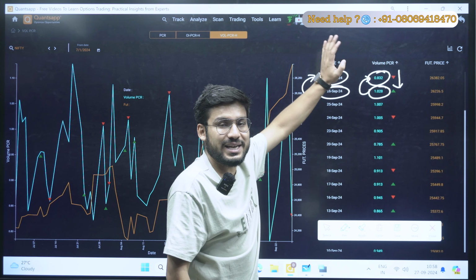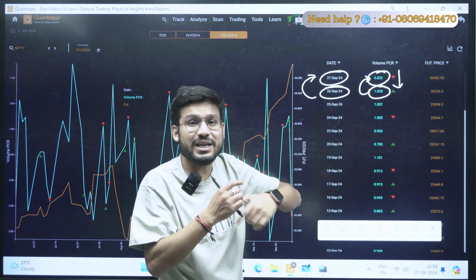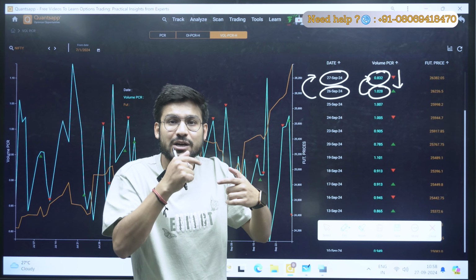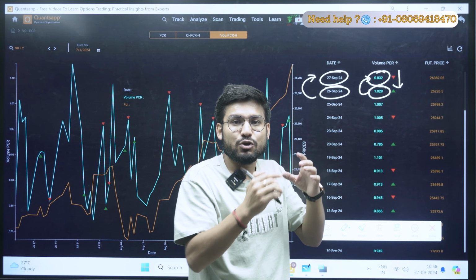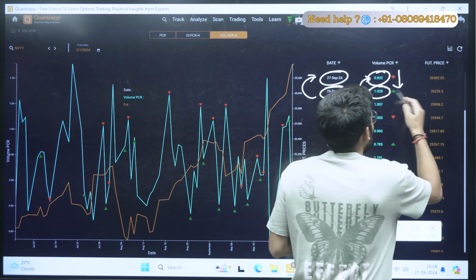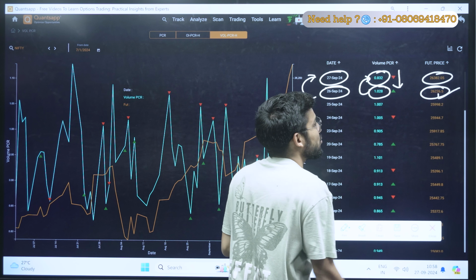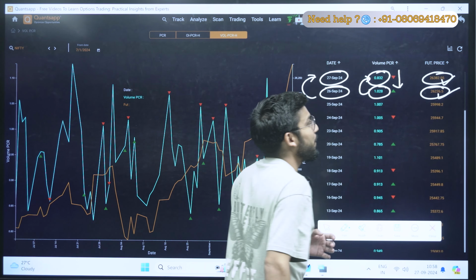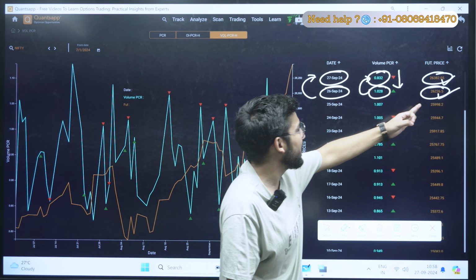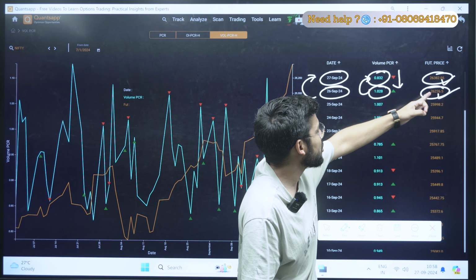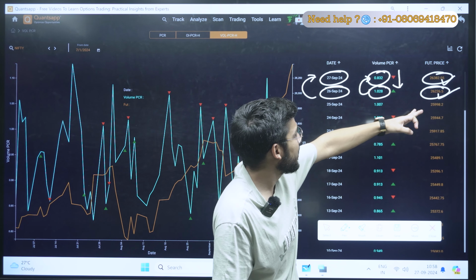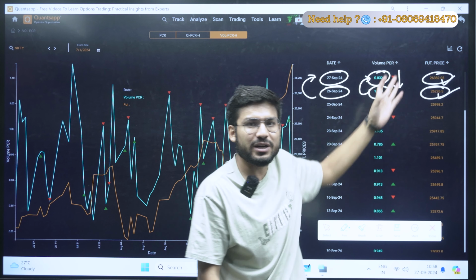राइट। तो वॉल्यूम पीसीआर गिर गया तो इसका मतलब क्या होगा, मैंने आपको बताया था, व्हेन वॉल्यूम पीसीआर विल डिक्रीज, सो देयर इज अ इनवर्स रिलेशन विद द प्राइस, तो प्राइस इंक्रीज होगा। ओके, तो अगर मेरा ये डिक्रीज हुआ तो यू कैन सी फ्रॉम 26,226 टू 26,382 अप्रोक्सीमेटली आपको यहां पे कितने का मूवमेंट मिला है, तो करीबन 100 पॉइंट का यहां पे मूवमेंट मिला है। ठीक है, 100 पॉइंट से भी ऊपर का, 150 पॉइंट्स का